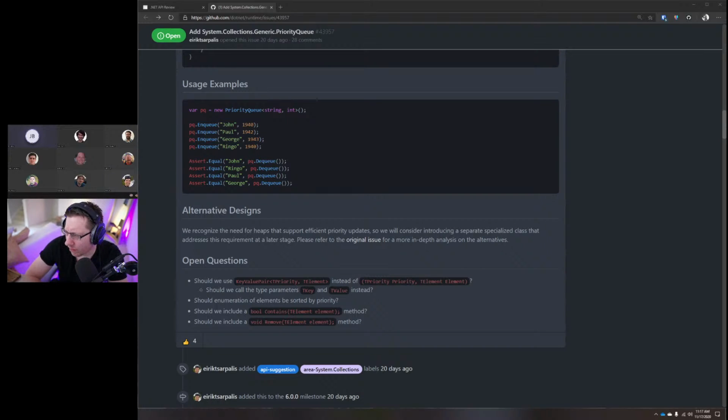The other ones we talked about, right? Key value pair, it's all covered. We talked about T-key, T-value. All right. So is anyone but me upset by the notion that a thing called priority queue doesn't guarantee queue semantics for two items with the same priority? No. No. Nope.